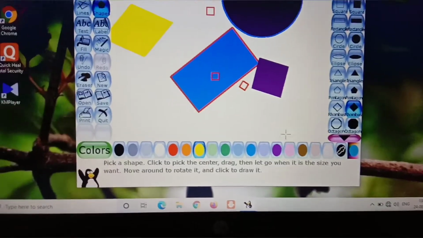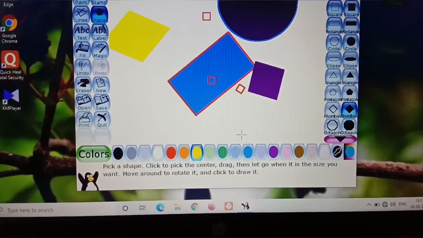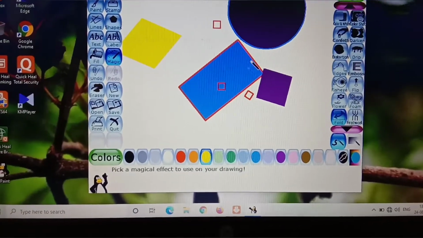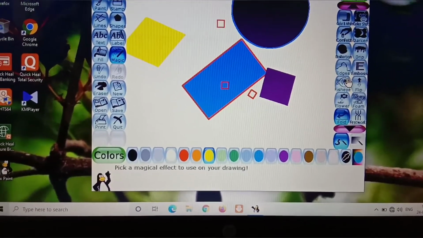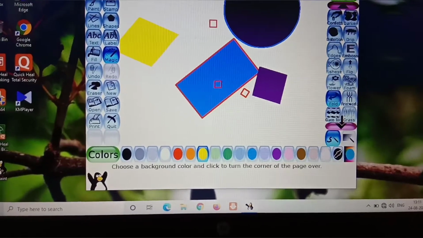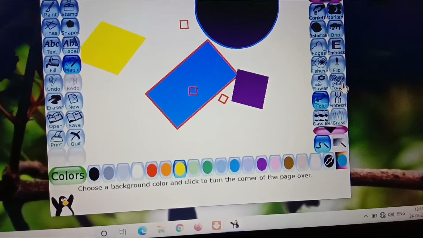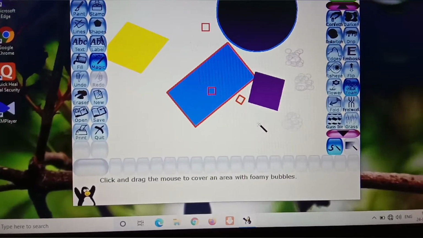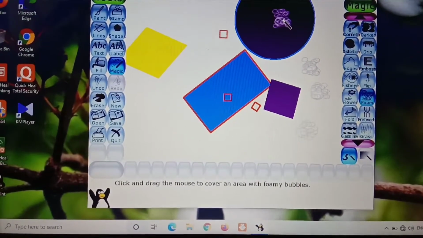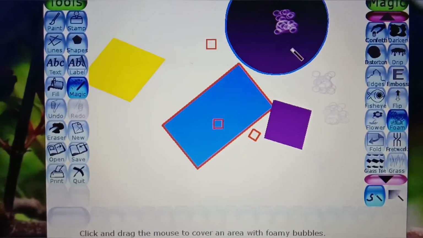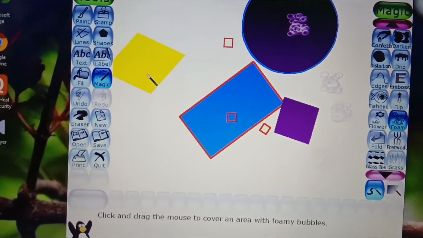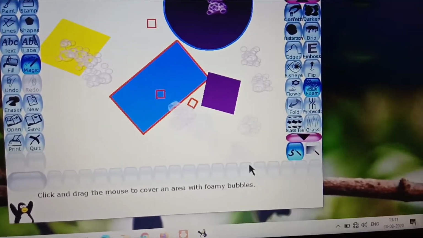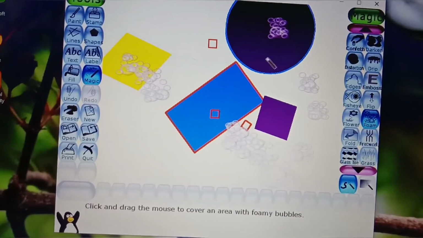So the foam you cannot see on the blank page, so to see it you have to just apply it on any color. I'm showing you what is the difference. So first click on foam. Look, if I place it here, it is not quite visible. So if I click on the color, you can see the foam comes like this. Also, in one click it will look like this. So if I am doing the dragging, then the foam comes like this.